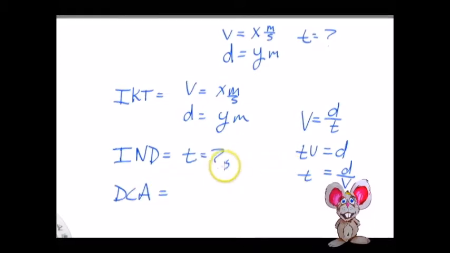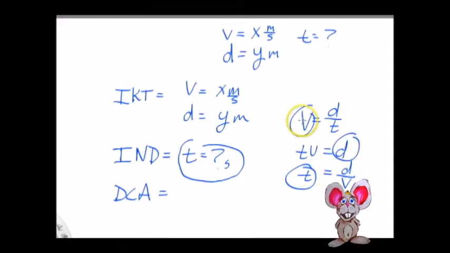So our course of action is we need something that's going to isolate that, right? That isolates time. So this isolates velocity, this isolates distance, and this isolates time. By isolate, we mean we have it all by itself on one side of the equal sign, right? So this isolated and derived t, right? So here we go. So we're going to say t is going to be equal to x meters per second